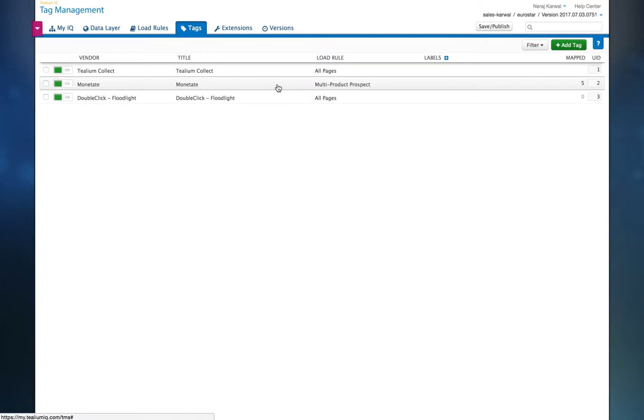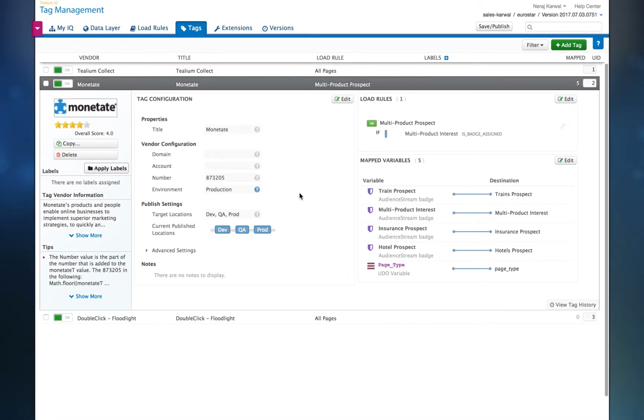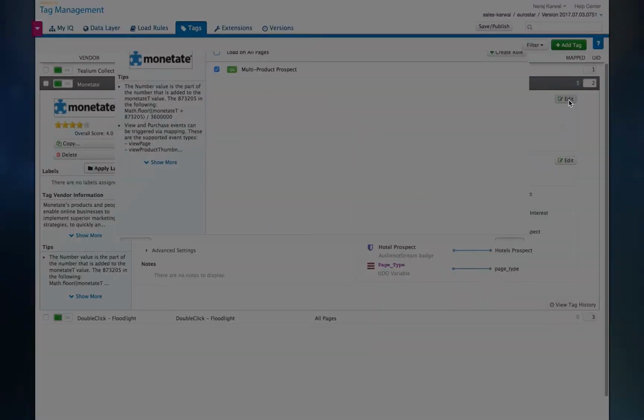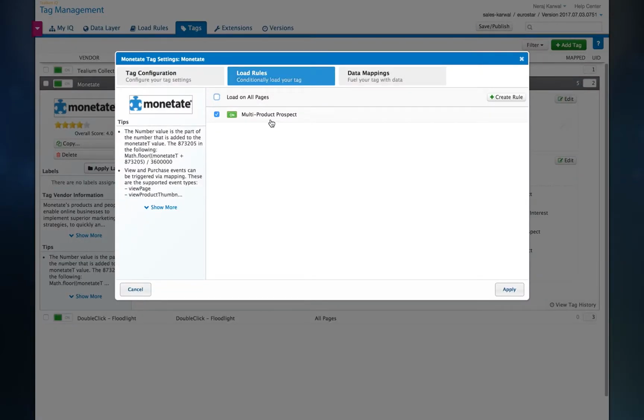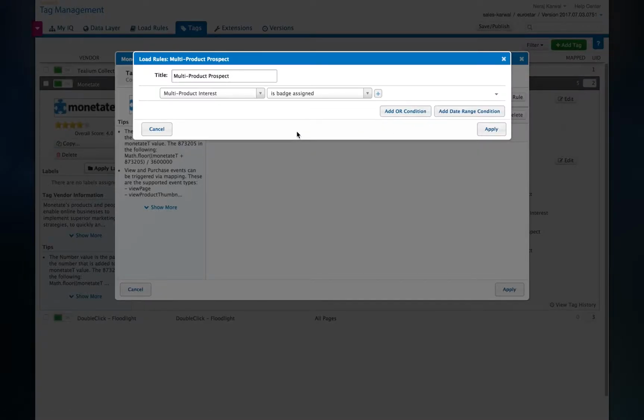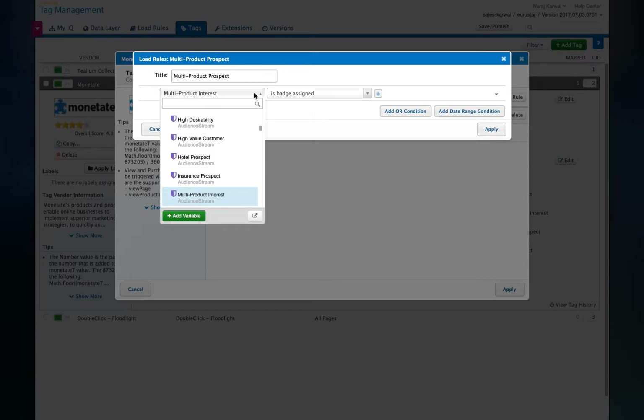What I'll show you is, for example, the Monetate tag. And I've set some logic around this, whereby this would fire. I haven't completed all the configuration details, but you can see that there's a load rule behind this tag that will load based on a specific condition. Now I can set it to load on all pages by default, or I can say if a certain condition is met, then fire. Now I've actually set this against a specific special rule, and that is against a rich